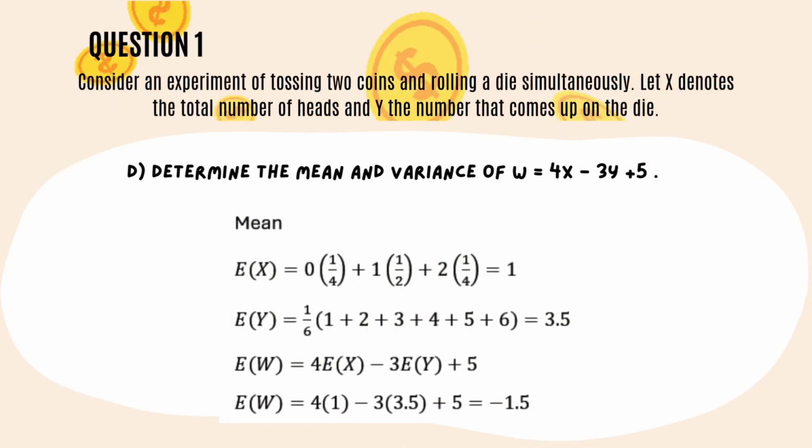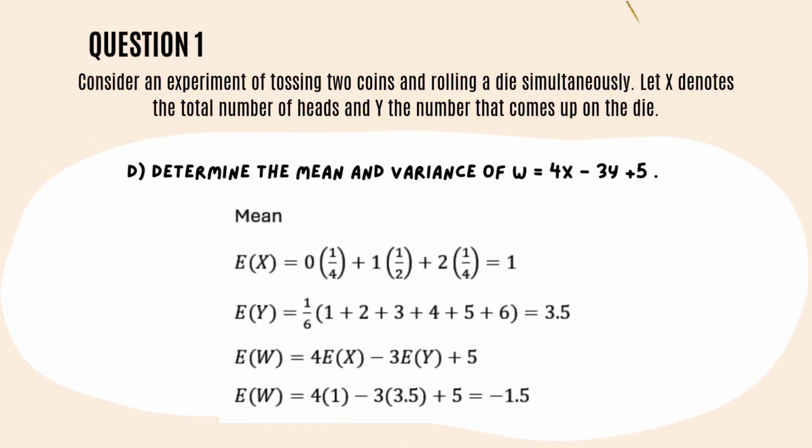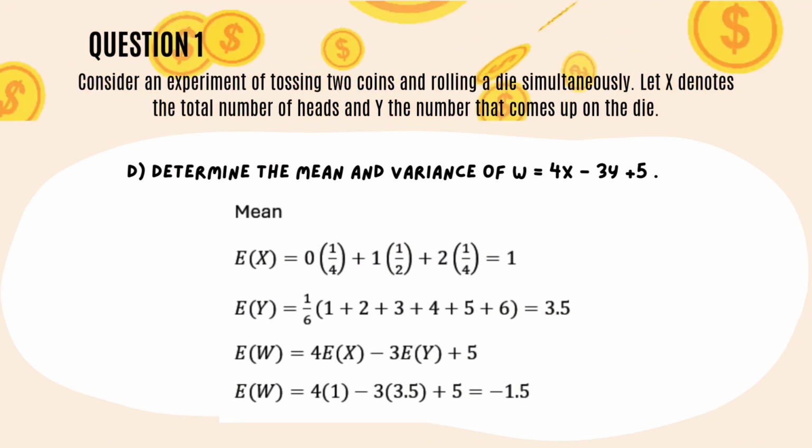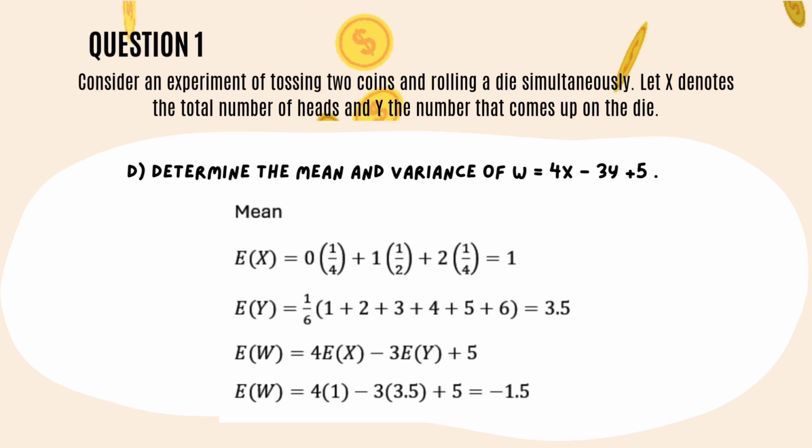So the last question for question 1 is D, determine the mean and variance of W equal to 4X minus 3Y plus 5. First things first, we are going to find the mean. So for the mean, we are going to find EX and EY. For EX, 0 multiplied by 1/4 plus 1 multiplied by 1/2 plus 2 multiplied by 1/4 is equal to 1. And then EY, 1/6 multiplied by 1 plus 2 plus 3 plus 4 plus 5 plus 6